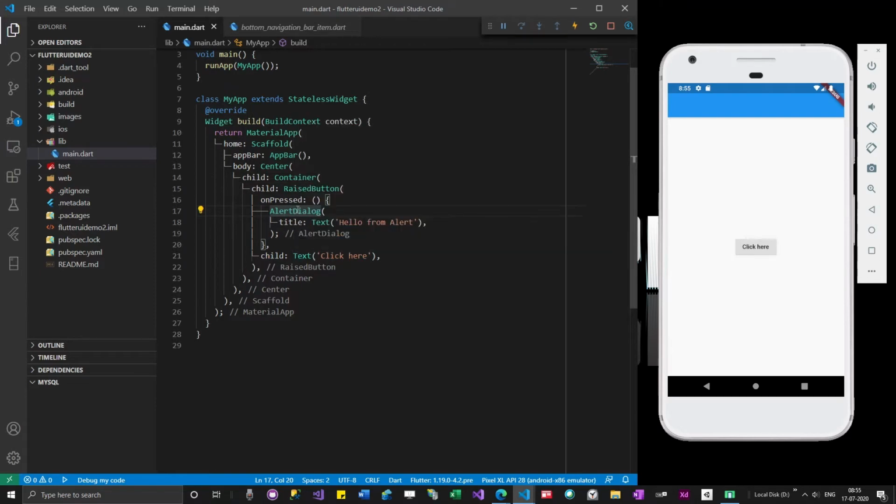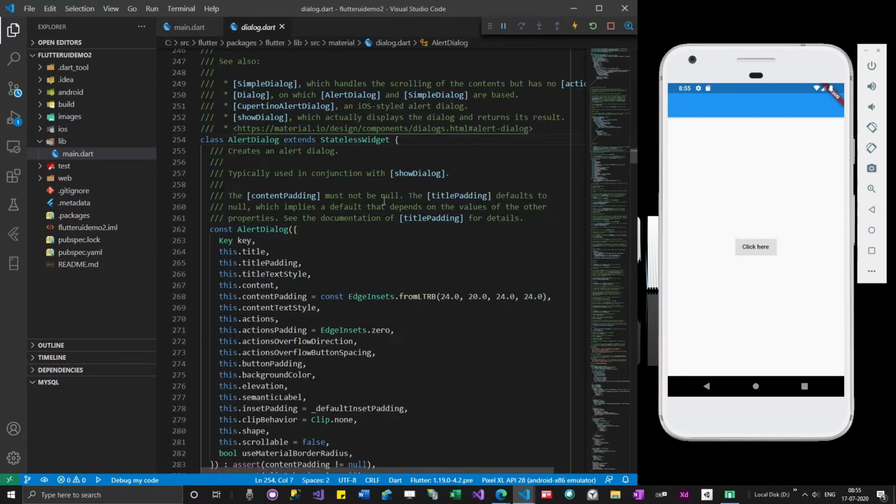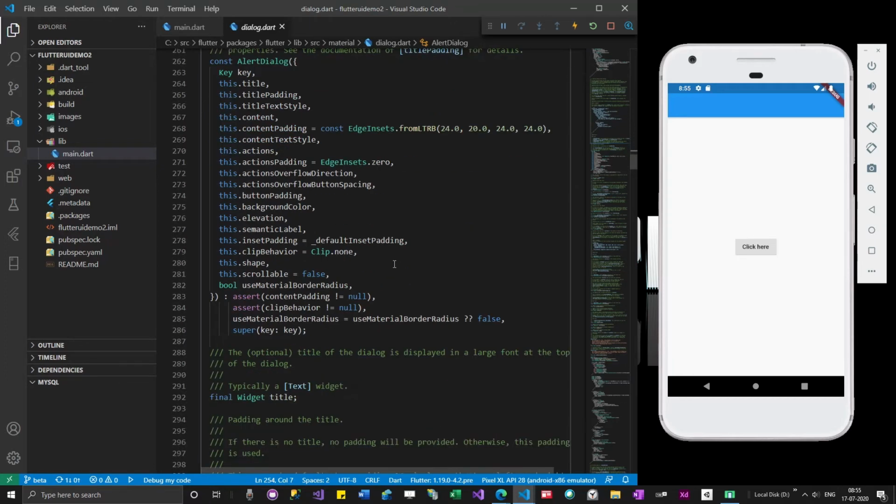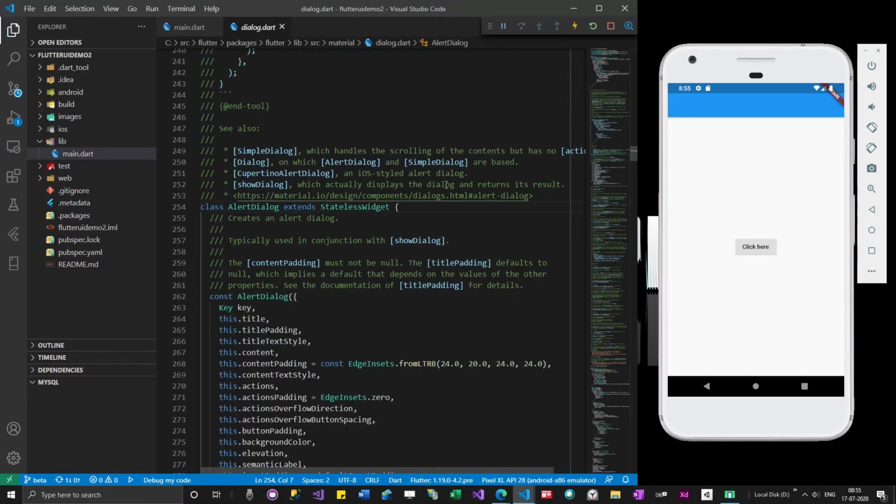Let's go to the definition and see what it says. Show dialog, which actually displays the dialog and returns its results. So in order to show alert dialog, we have to call it from something else.